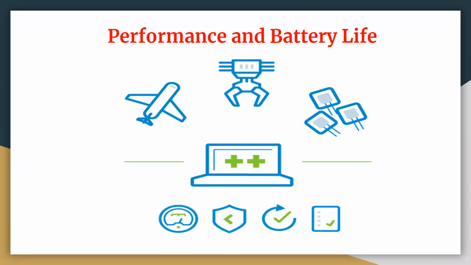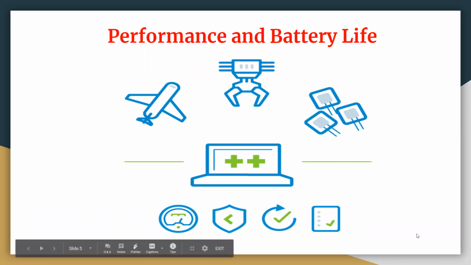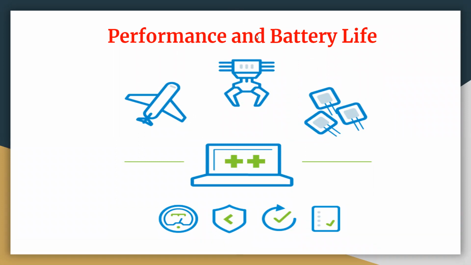And at times there are some devices which run on a low battery. So in that case, you can either have a battery backup with you, or you can have power cells which will help you to keep your battery on all day. So it depends on what you want, because if you have a good battery life, whatever inputs or reactions you give to your system, it will spontaneously respond back. If your battery is low, the performance starts degrading, because the system is not able to take your inputs and is not able to process your output. So that is also important. Battery life plays an important role.